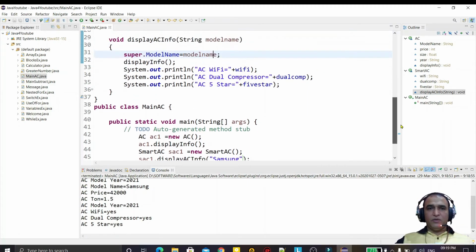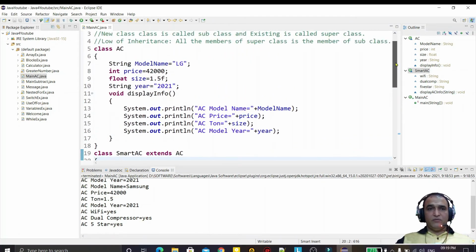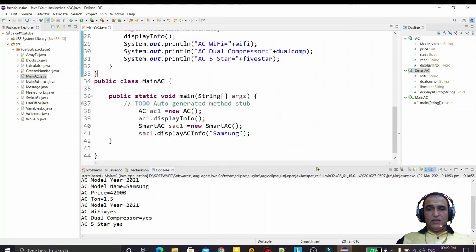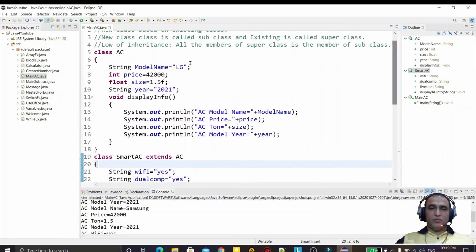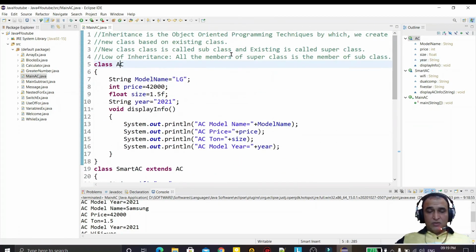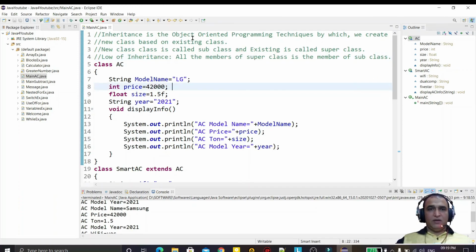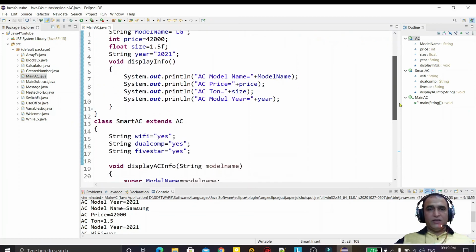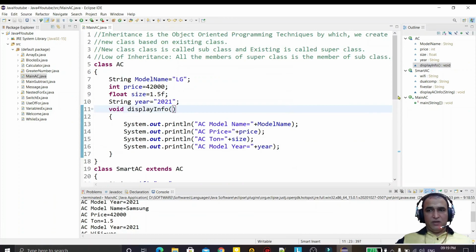So all this information is coming from the subclass and other information is coming from the superclass. By this example, we can understand that with the help of inheritance, we can import all the methods and properties of the superclass in the subclass. That's why we learned the law: all the members of the superclass are members of the subclass, and we have learned the definition of inheritance also. So that is inheritance, but there are more concepts of inheritance that we are going to discuss in a future video. Till then,